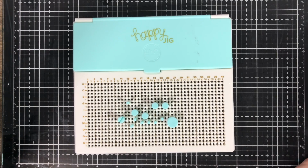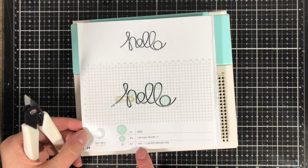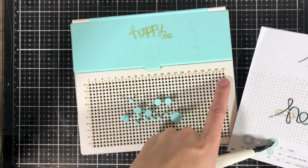But in this situation, I actually kept it just plain. I didn't add any heat, so it stayed smooth. For my card with the Glimmer Paste, however, that's that glitter paste that I was using, I am using my